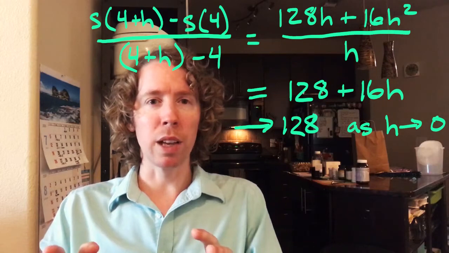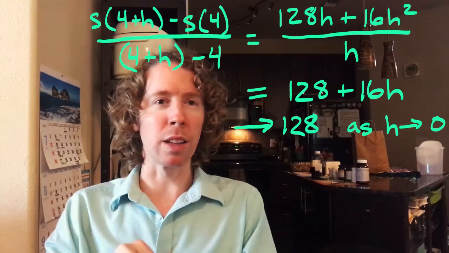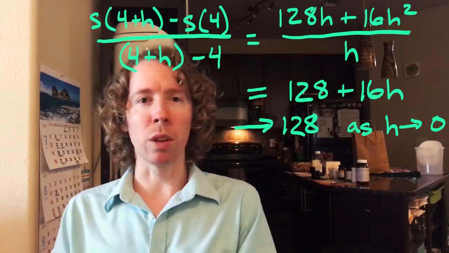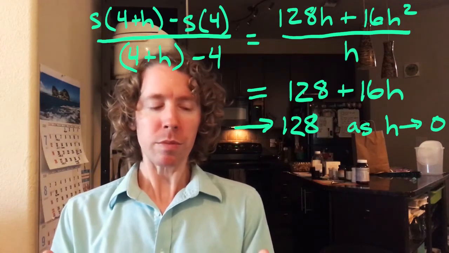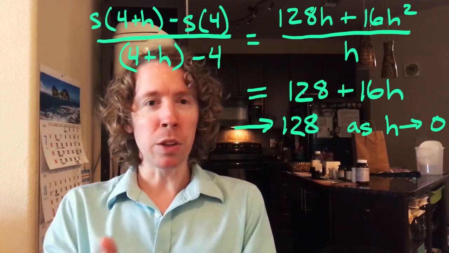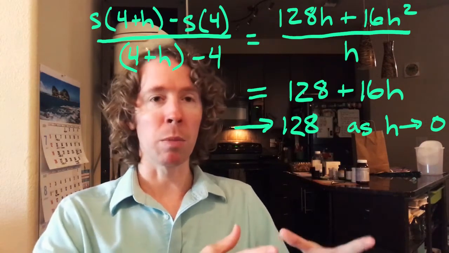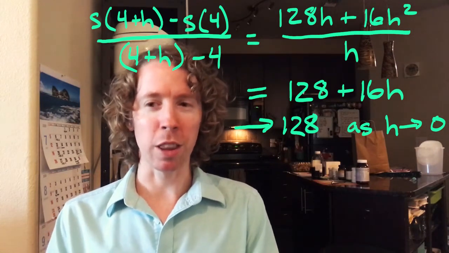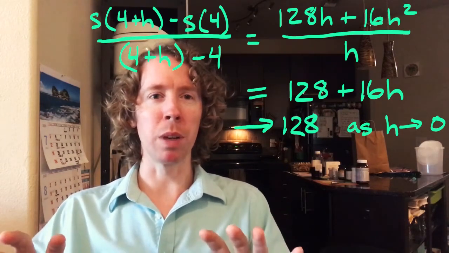So if you make that calculation, you'll see that the stuff in the numerator, after you multiply it out and simplify it, you can factor out an h from that, and that cancels with the h on the bottom. And then you get this really nice expression that still has an h in it. And then you just plug in whatever h you want. So we started out with a time increment of 1 second, and then 1/2, and then 1/10, and then 1/100th. Once we have that equation with an h in it to give us the average speed for any h,